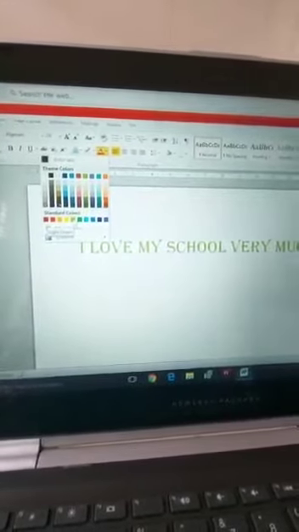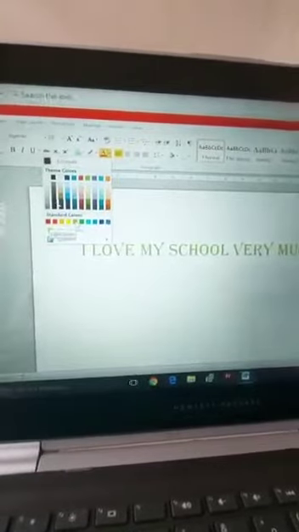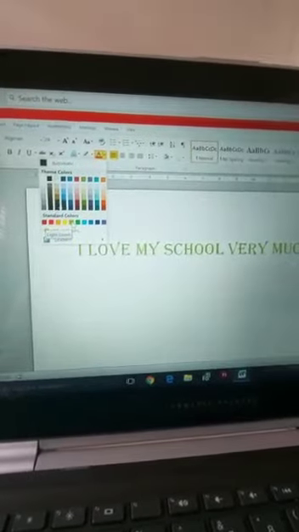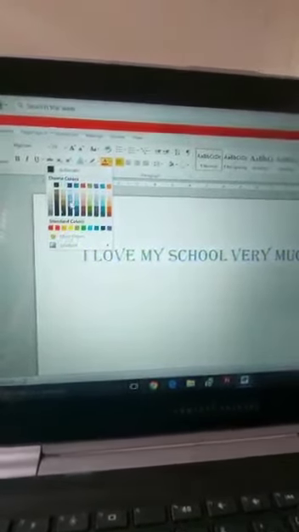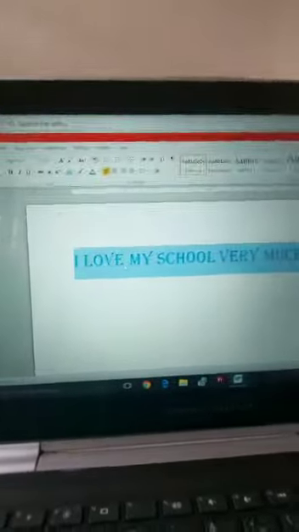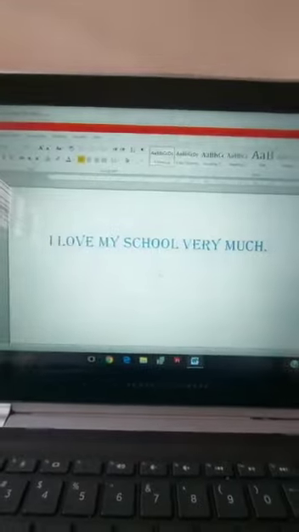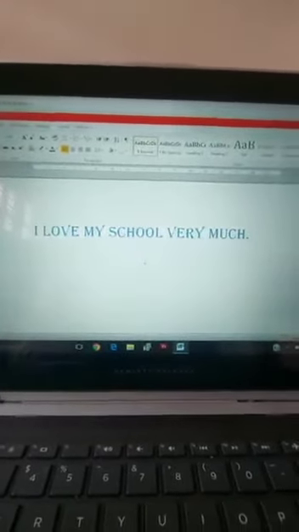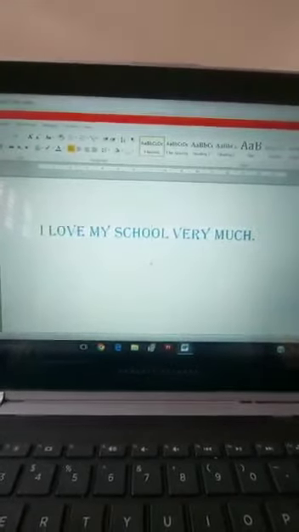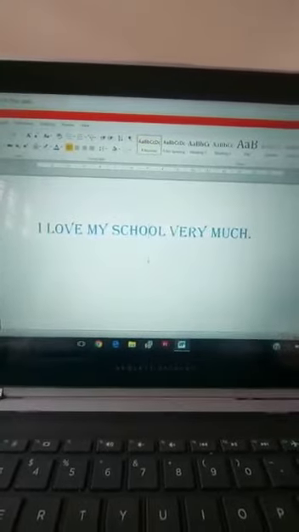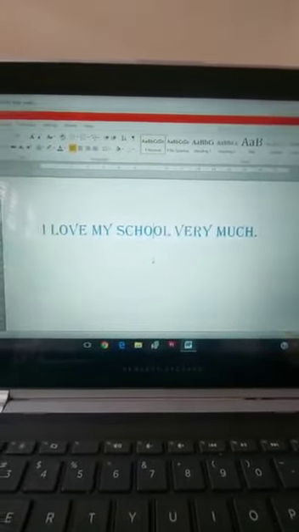So this is how you change font size and font color. Let me keep it blue. So see here, you got the sentence with the required font style, font size and font color.